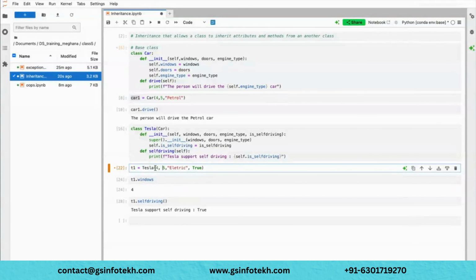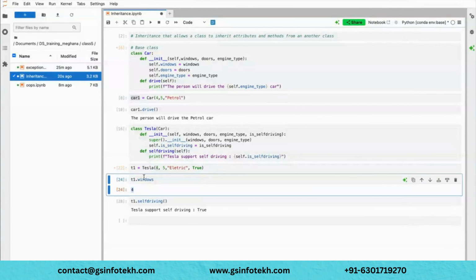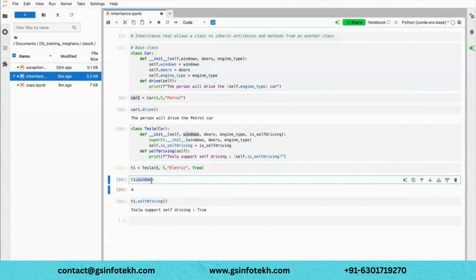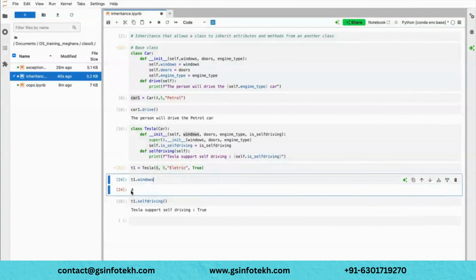See, what you passed here is the number four, correct? Yeah, that's exactly what's printed here. So this value is going to a Windows, and then you are calling that attribute, and what is the value there? Four only, right? Okay, four. It will just print that. Okay, got you.